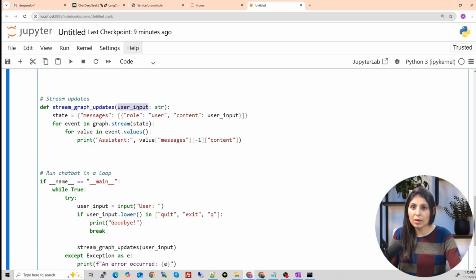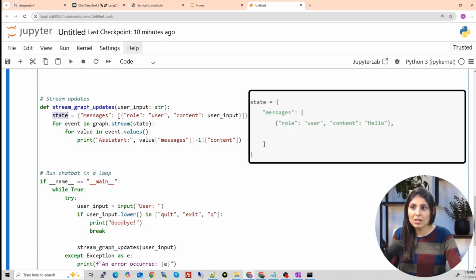So let's say the user typed hi, so we have hi over here, and then we are storing the user message into the state, into the chatbot's memory, like this: role user, content user input. And if the user typed hi, we will have hi over here. Then when the state is updated, that state will go to the graph.